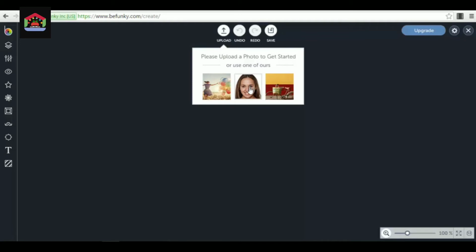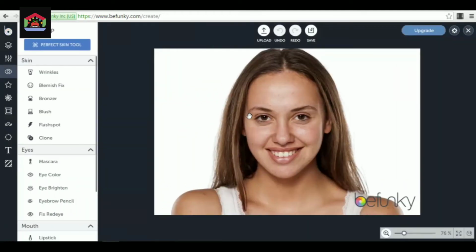For example, it's called Facebook because people need to see your face, and this is a typical very good profile photo for Facebook, because this lady is looking right at the camera, she's smiling, and we can see her face very well. So let's take this one as an example. You just choose the photo, and you will see that this tool has a lot of options that you can use, you can play with.